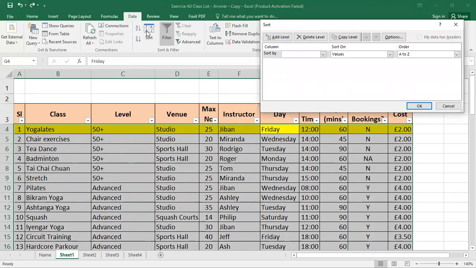If we want to sort it by the level, it can be from A to Z, or we can use a custom list also. But if we just go to A to Z, look here.